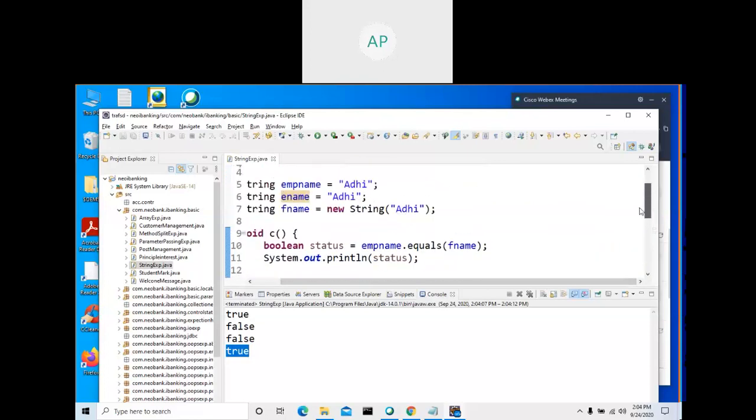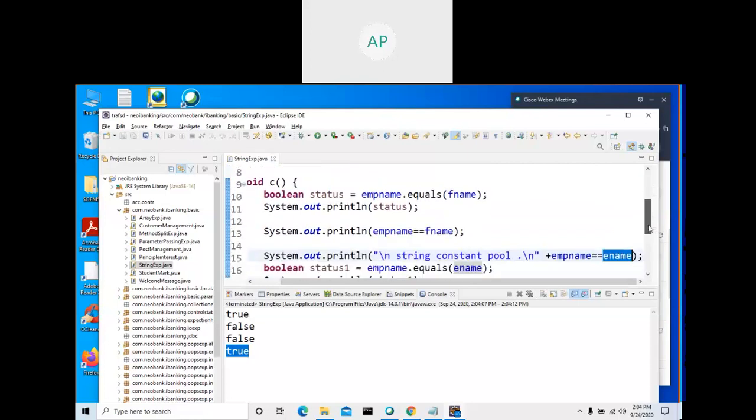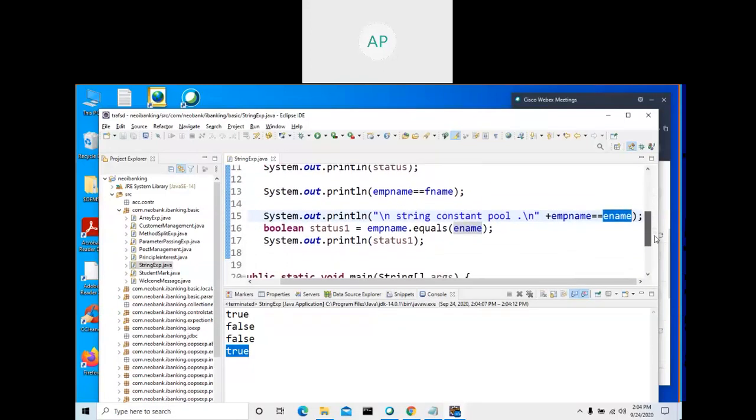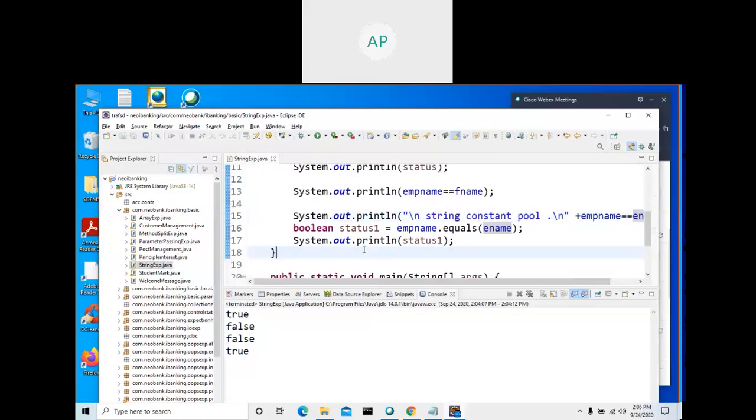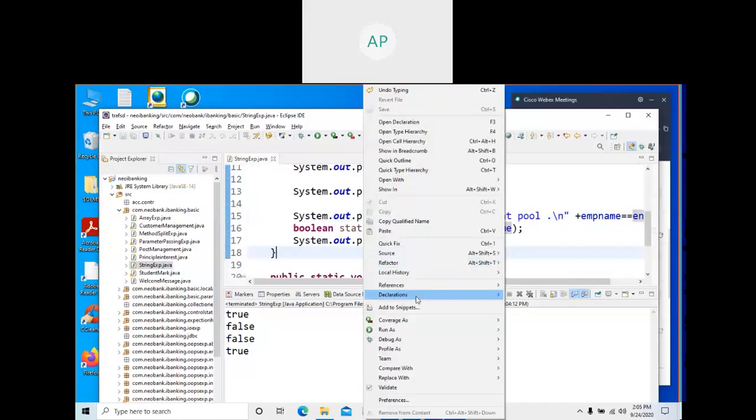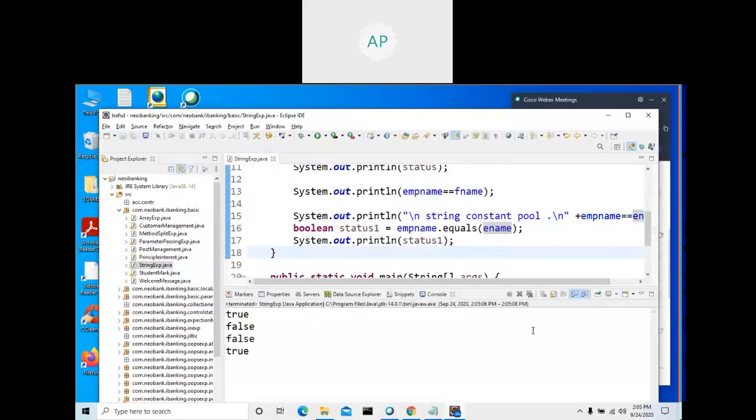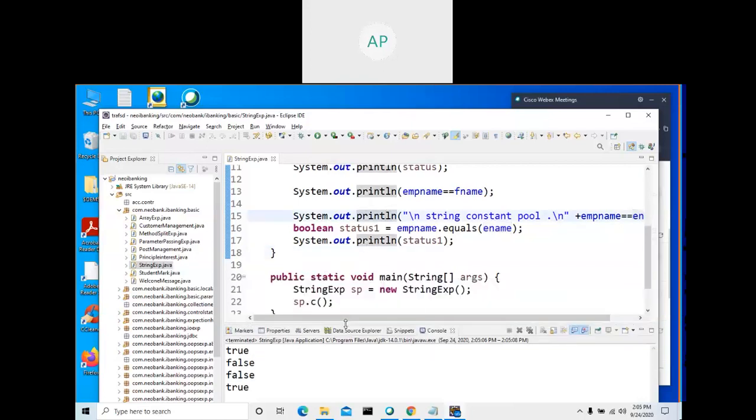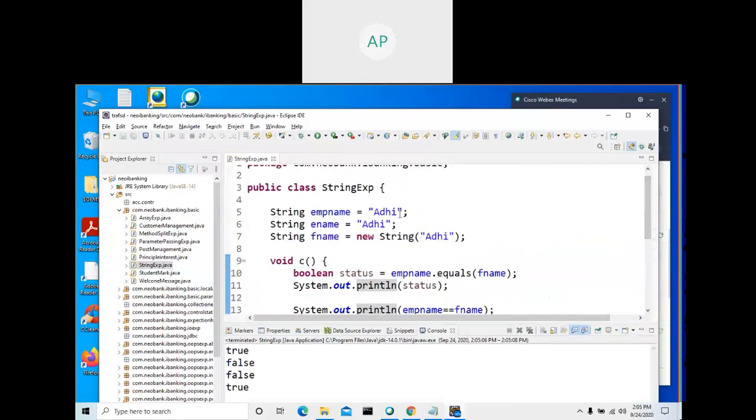After that, this one, right? EMP name equals E name. String constant pool. Where is string constant pool? Here from here to here.